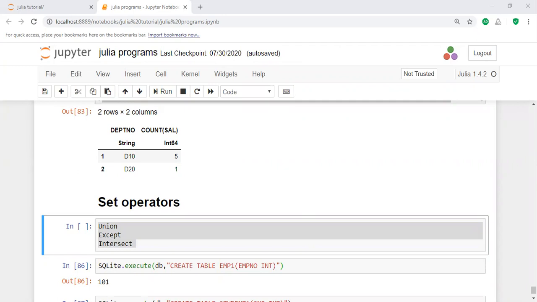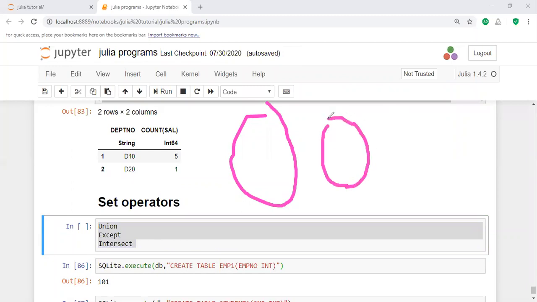What is a union? Here, let us take A as one set and B as another set. For example, A consists of 1, 2, 3, and B consists of 2, 3, and then 4.